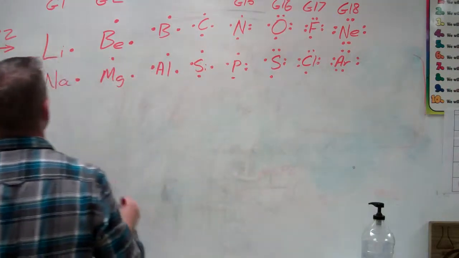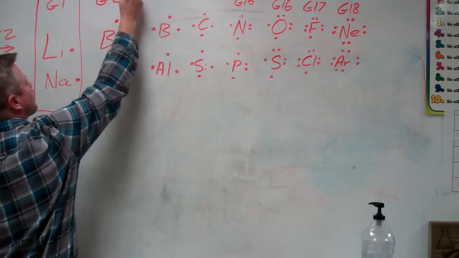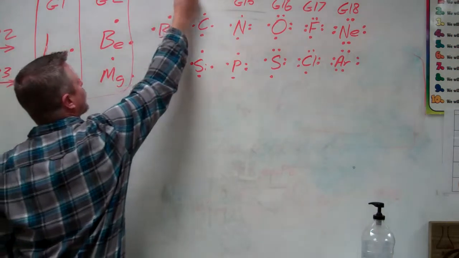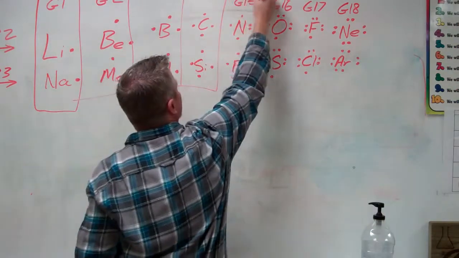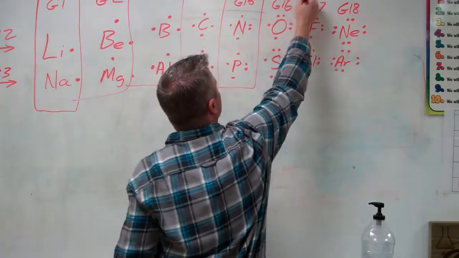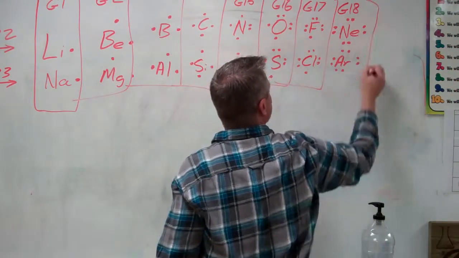Okay, so if we start grouping these like they are in the periodic table, we notice these are in a family or group, family and group. That's the reason why these atoms behave the way they do, because they are similar in the way they react. Because they all want the same kind of electrons from other atoms. So they're going to behave in a very similar way.